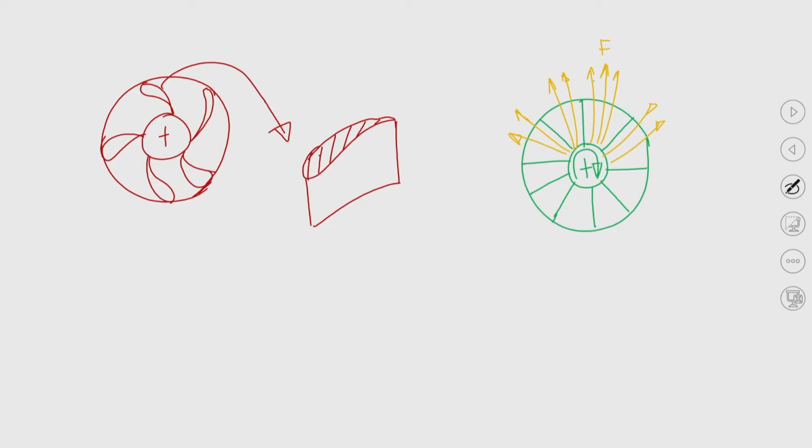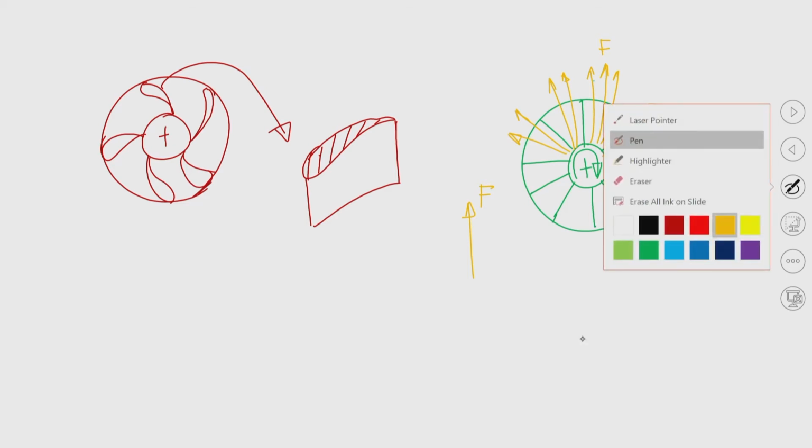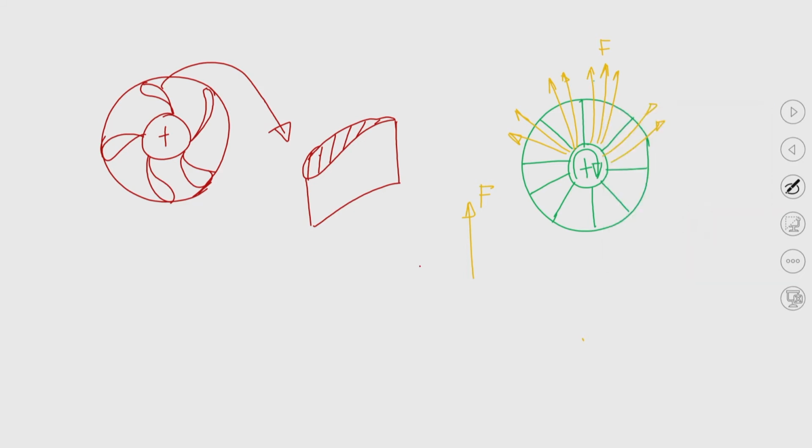So, basically the force due to the movement of liquid flowing in this direction is F. Another force is due to the rotation of the impeller, acting in the direction perpendicular to the plane of the board. So, a resultant force will be acting, and if I represent it using a different color, say red, the resultant force will be acting in this direction, that is R. So, this is the resultant force.